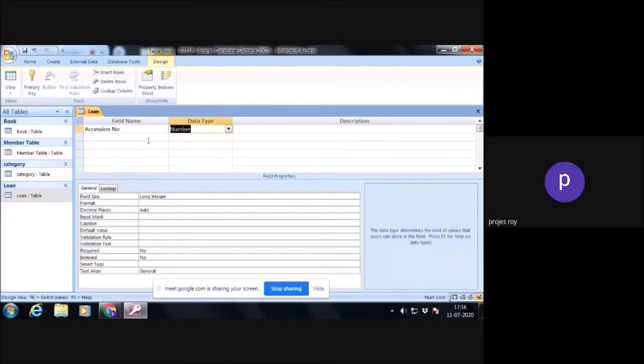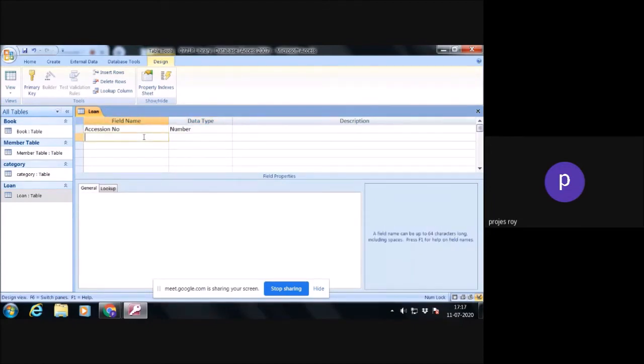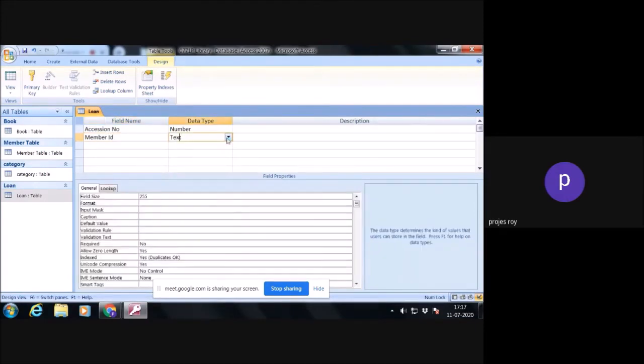It will be number because the accession number in book table we created as number. Here you can put accession number and then member ID. In member ID again you have to put number because in member table you created member ID as a number.